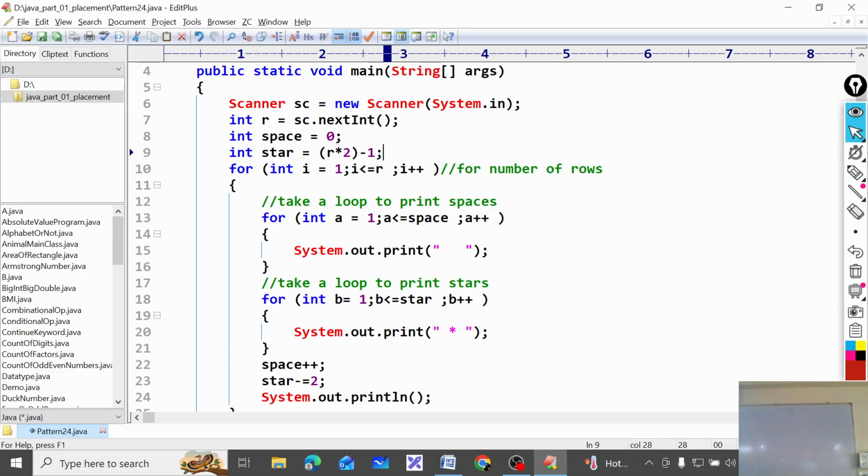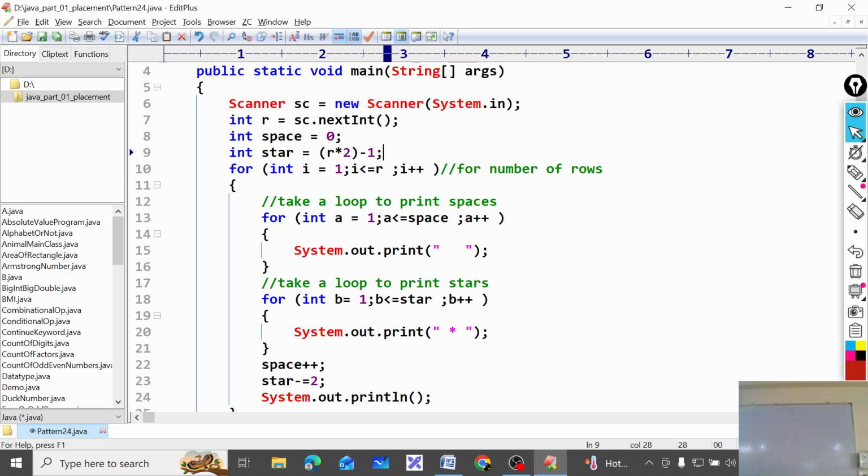Spaces are 0 in the first row. That is the reason space is equal to 0. Okay, why it is happening, you know? Spaces are not increasing and stars are not decreasing.